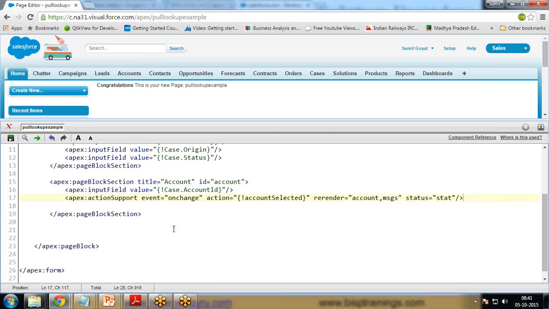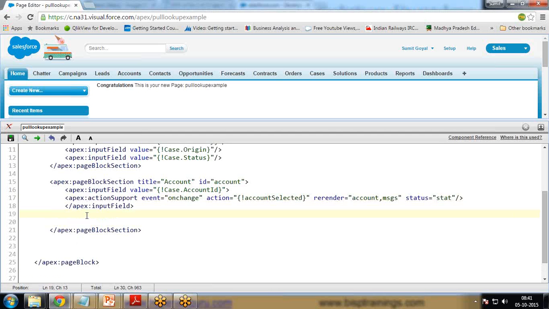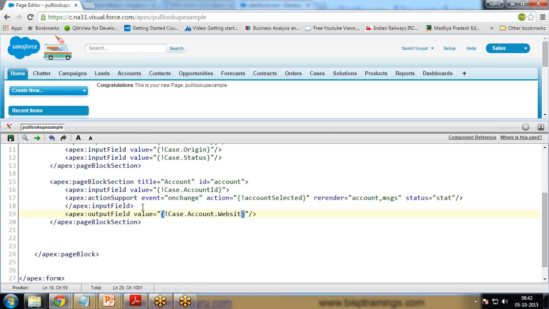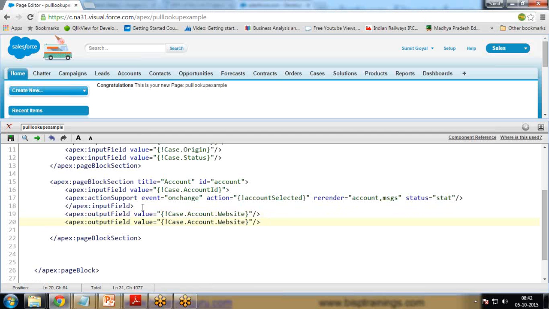Then we have, and here, so after this section has been closed, then I write apex:outputField value is equal to case.account.website, and we want website and phone number to be populated automatically. So case.account.phone,